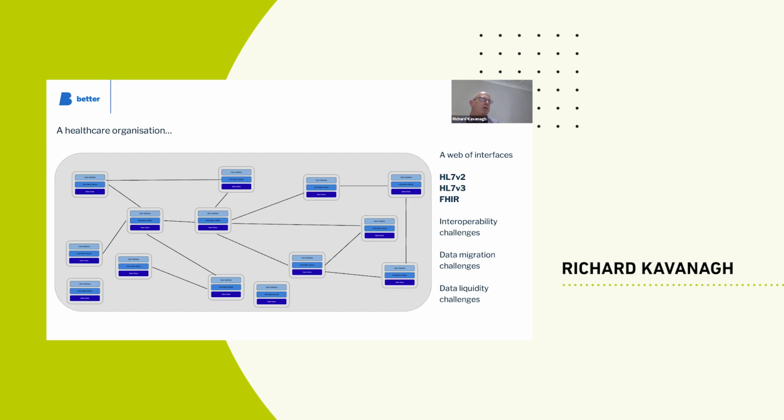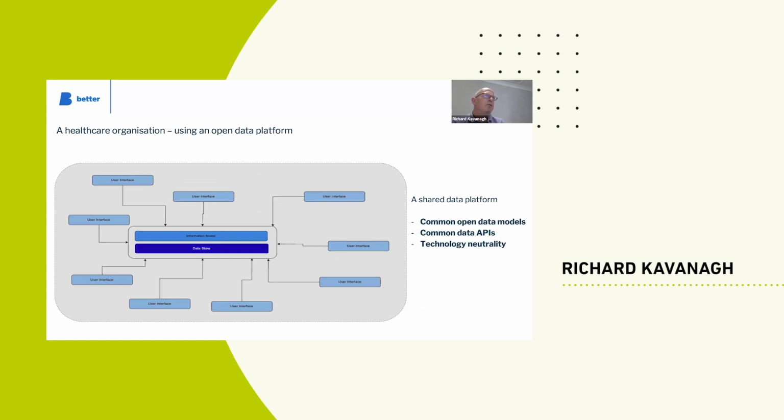But of course, you get data liquidity challenges where you have some systems that have no interfaces at all, as in a messaging interface. And then how do you get to that data? Also in Canada, we had to do some data migration from systems that had no interfaces. No one understood the data structures. So that data was kind of locked within a system, and it's not a space where people of today want to be. So the open data platform comes along, and the ideal, the nirvana state,